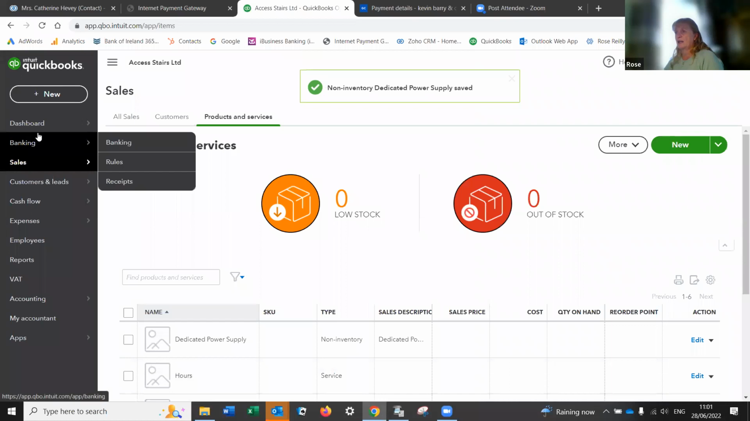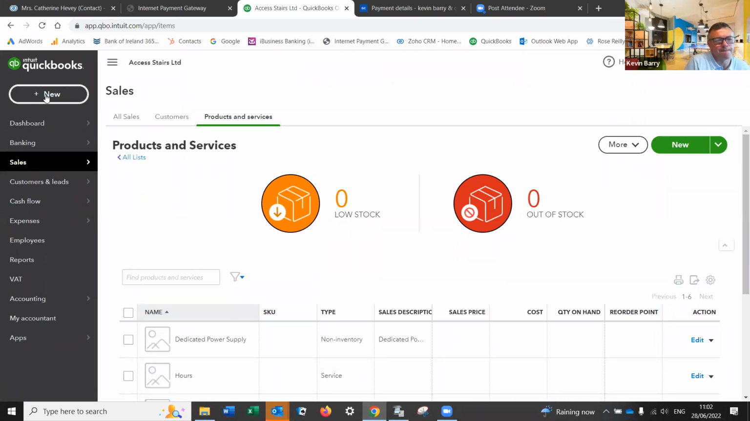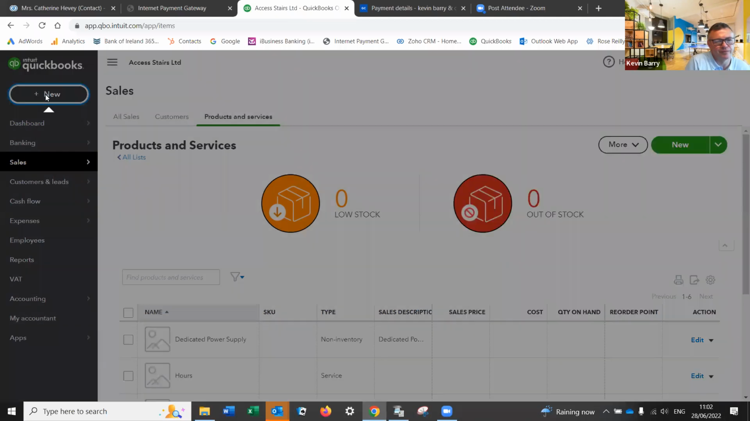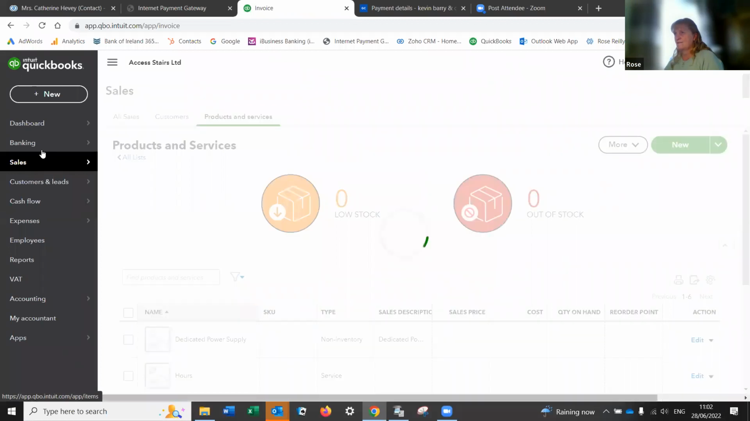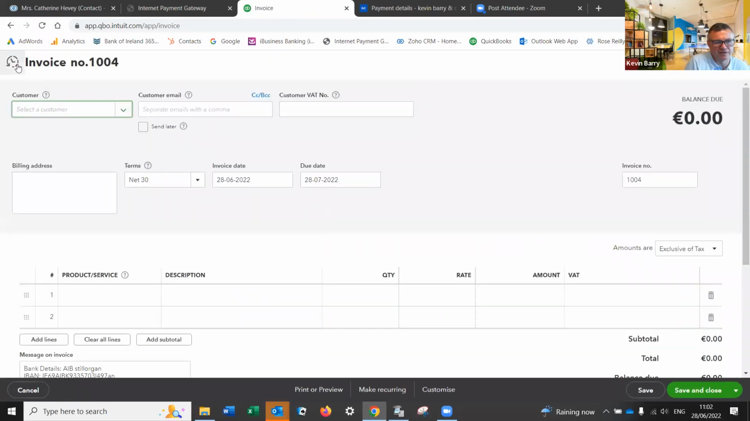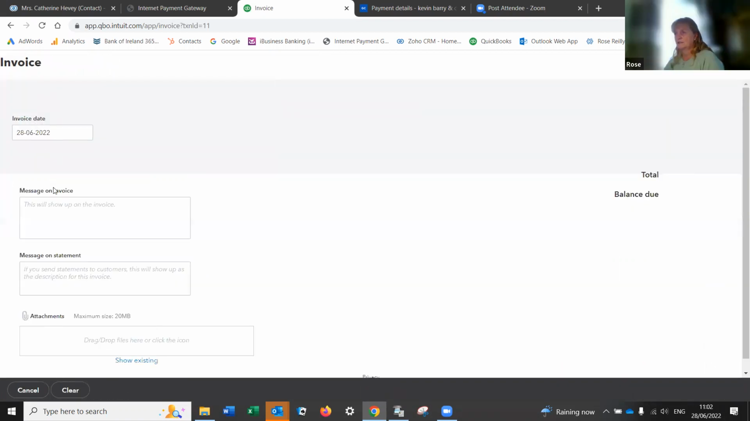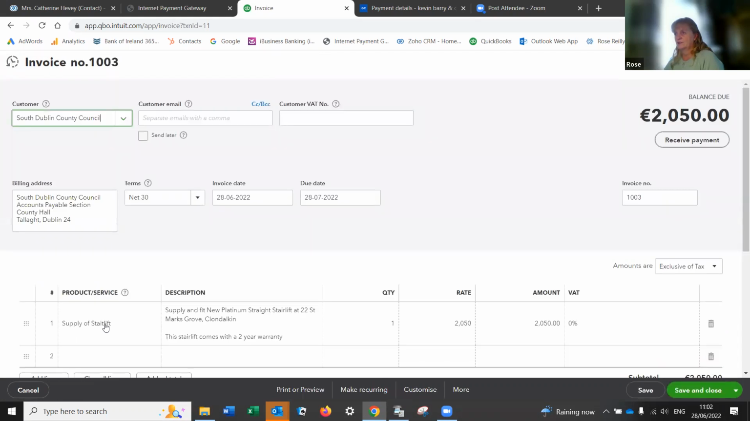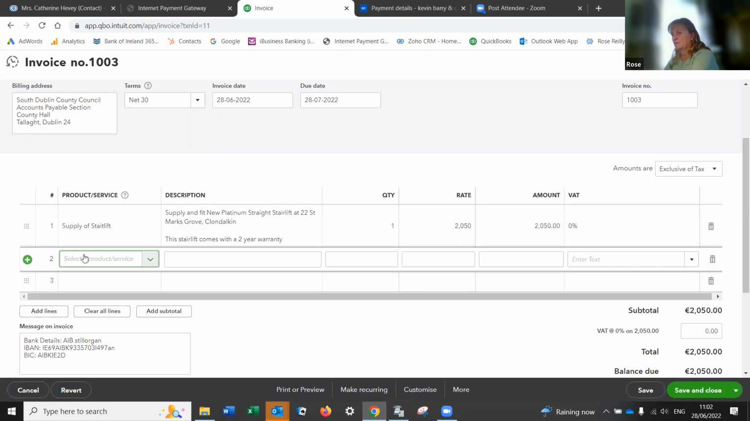So if I go back out to, if you click on plus new again, this one here, yeah. Click on invoice again. And the top left is a little clock, and it shows the more recent transactions. That can be a little quick way to look at what's going on. So it's this one here. So down here is